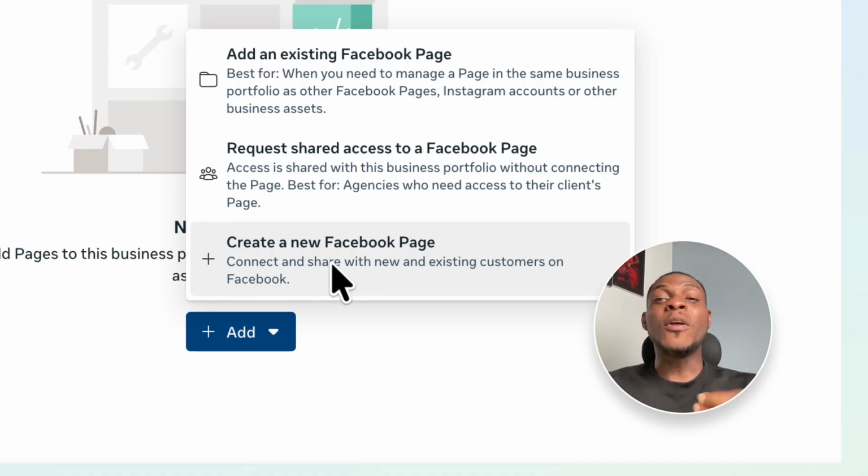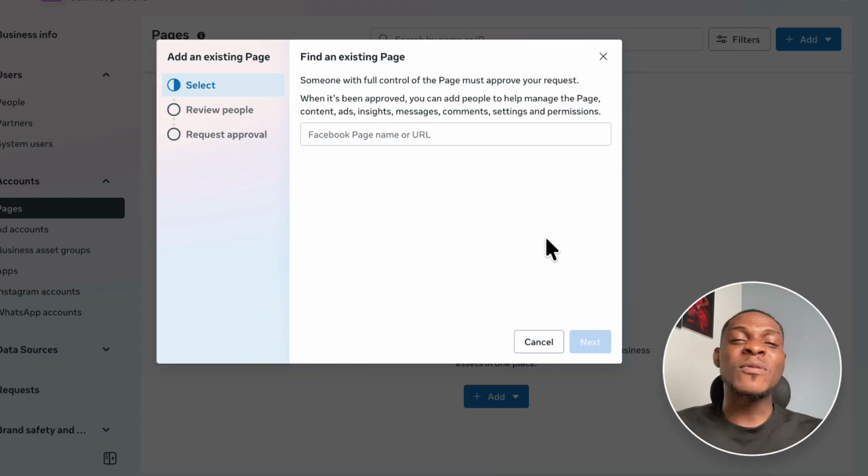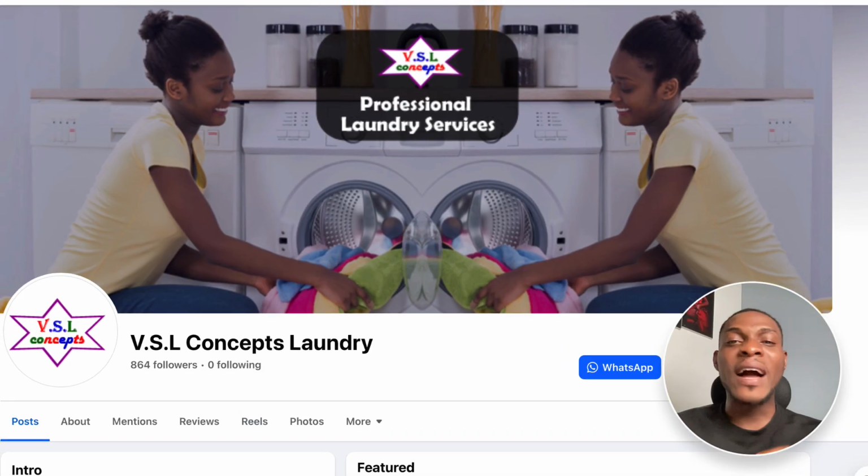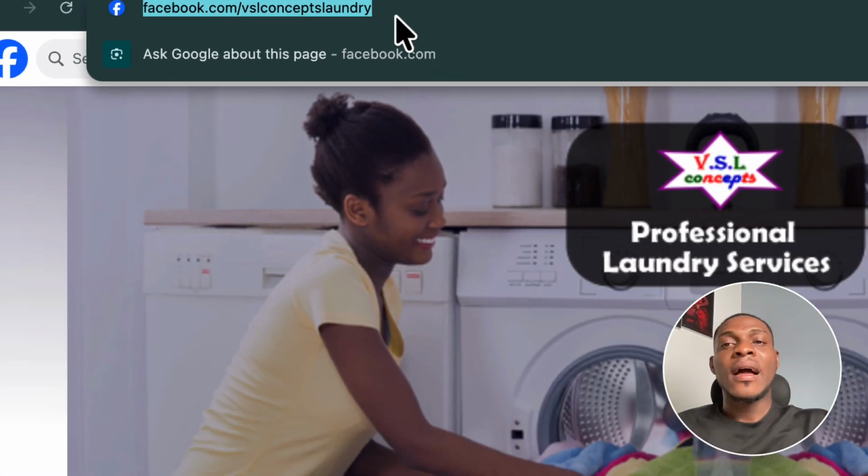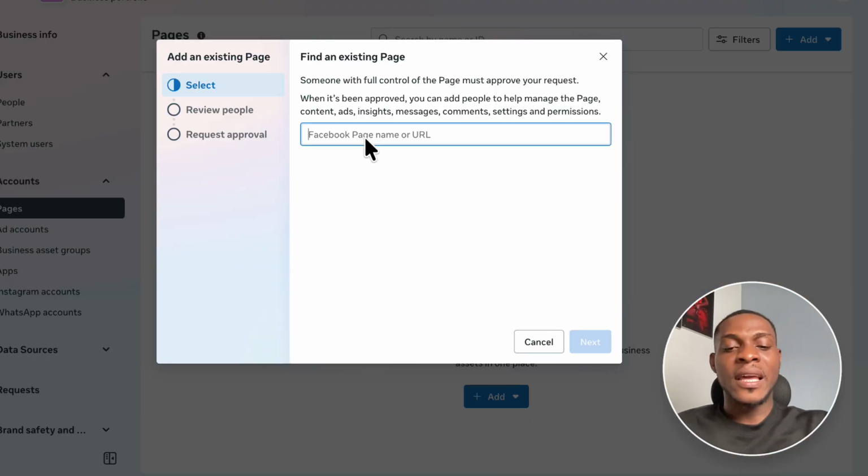So now we are going to be adding an existing Facebook page to this business portfolio. Once we click on this, we're expected to put in the Facebook page name or the URL here. Now, if I go over here and copy this URL and come back here and paste the URL here,